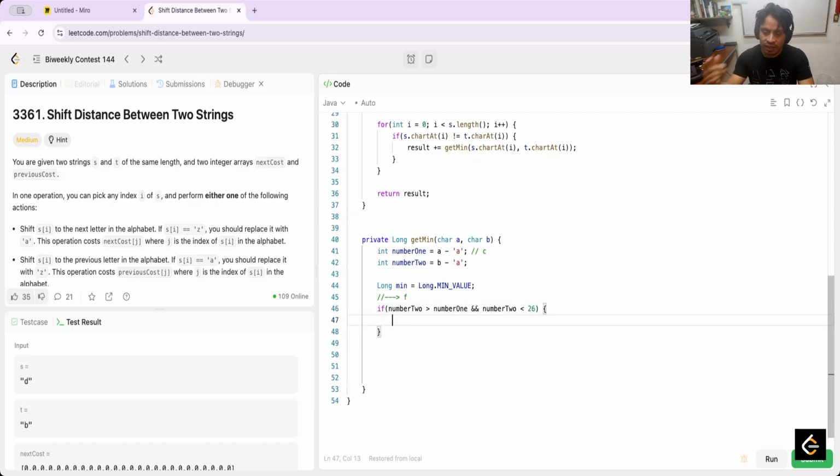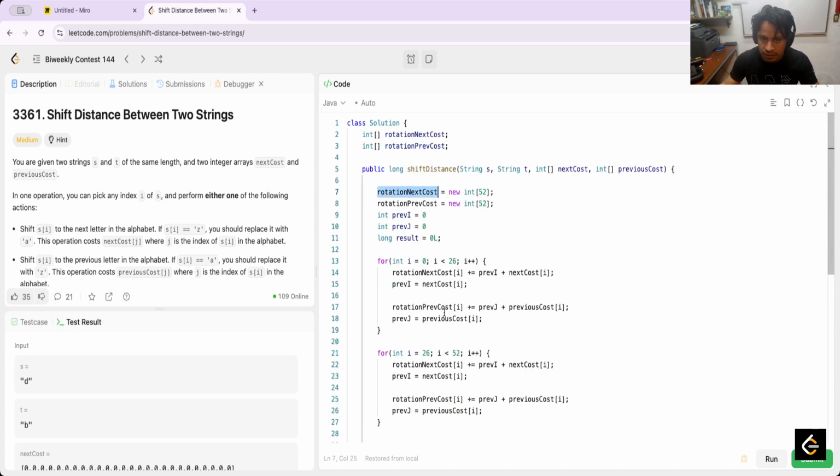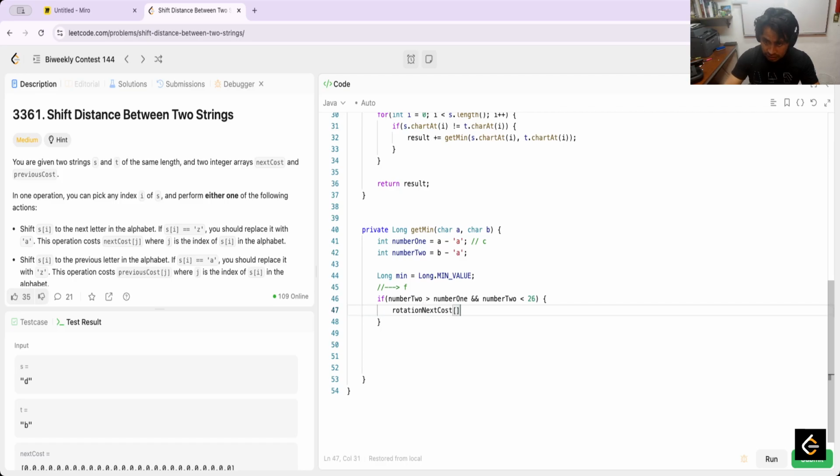I can calculate the size. In this case is rotation next cost in the position number 2, mean between, dot min between this and mean. Okay, now the next, what happened